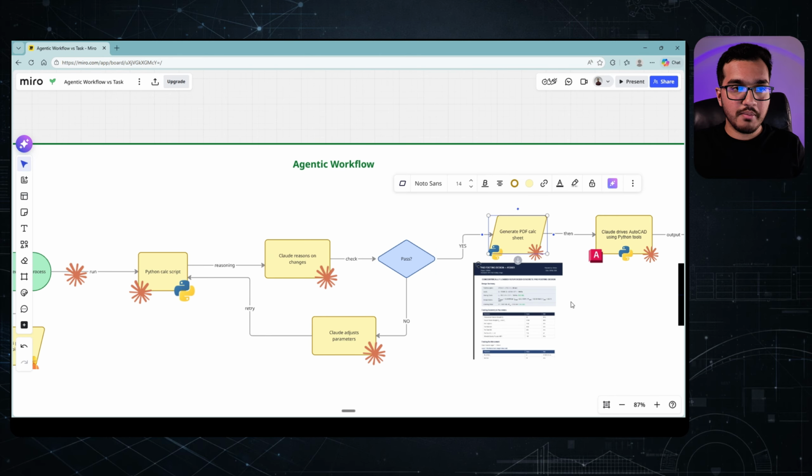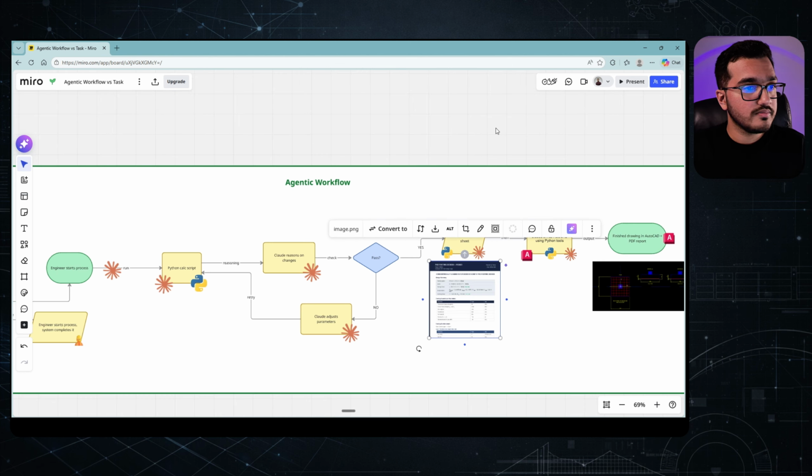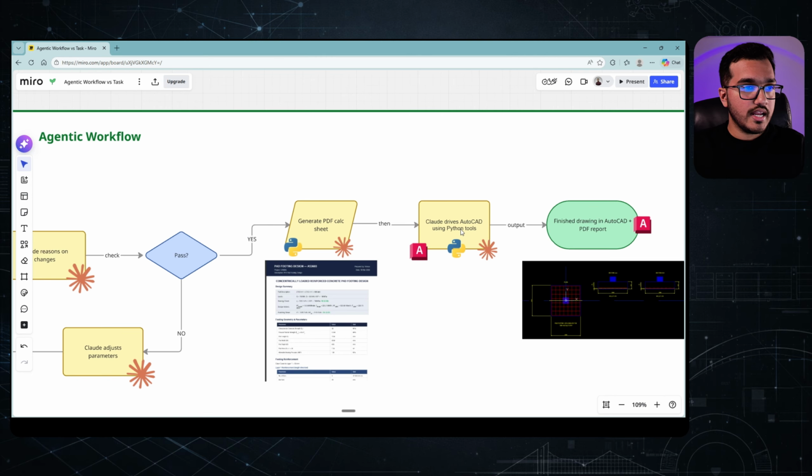Claude then generates a PDF calculation sheet. So this is for our future review. After Claude designs this pad footing, Claude would be like, okay, this is done, and this is for us to verify and for future reference. It creates this pad footing calculation sheet, so we can go and look at it. And after that,